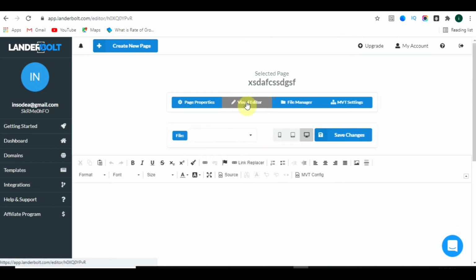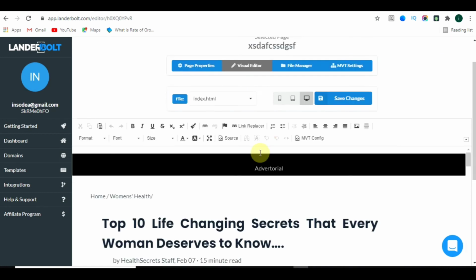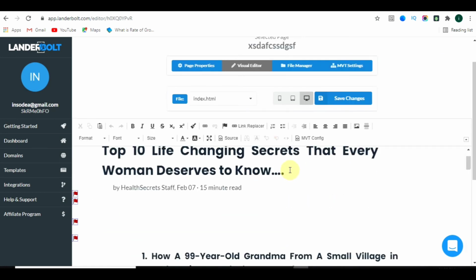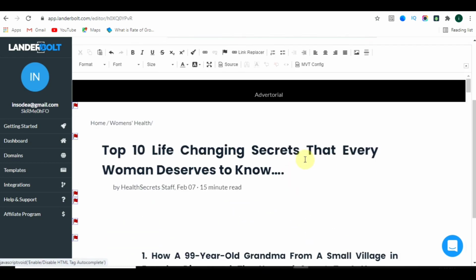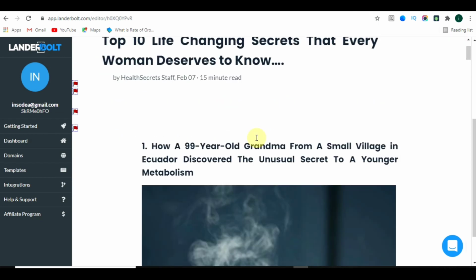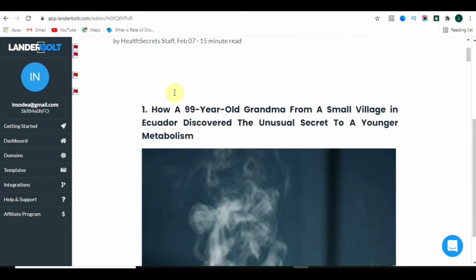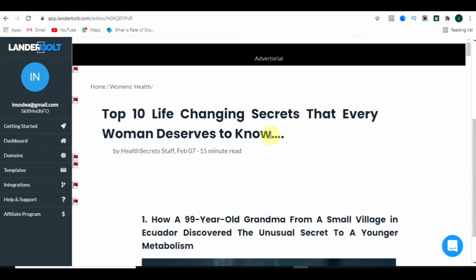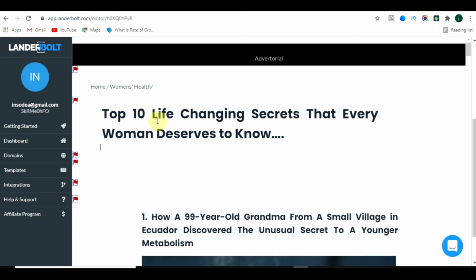Now just go to Visual Editor, wait for some time, and here you can see this is the landing page. Now from here you can edit anything. This is not an image like in the previous video. They have written words for that, so we can easily edit these words. You can write, and you can delete this thing also. Just select this, click on delete, or just press delete, and here it is. Similarly you can delete this thing also.